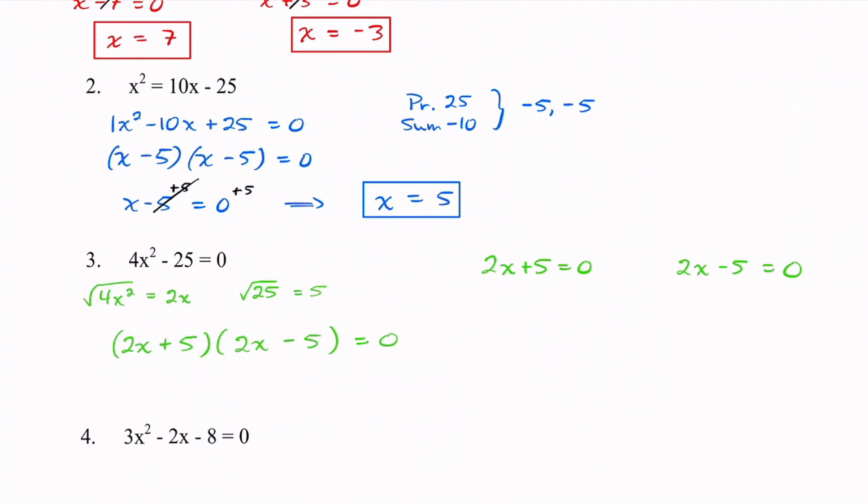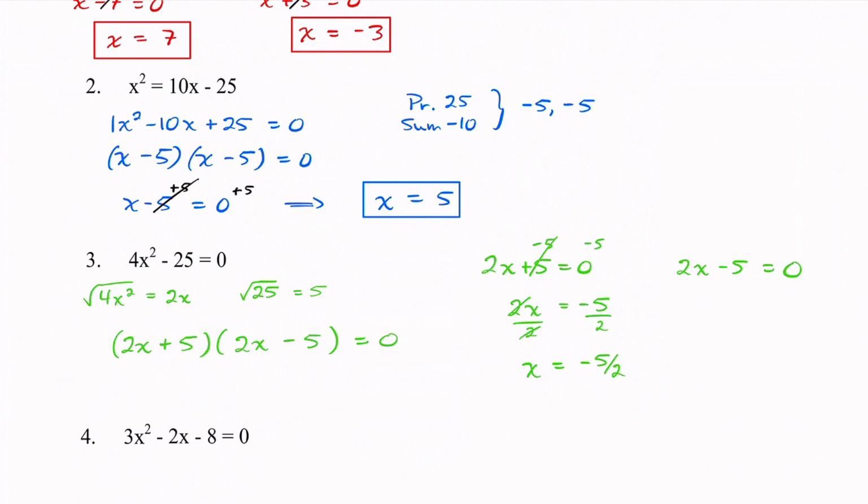So to solve those, let's look at the left one first. I'm going to subtract 5 from both sides. 5's cancel. So I just get minus 5 on that one side. And then to get rid of the 2, divide by 2. So those 2's cancel. You got x equals